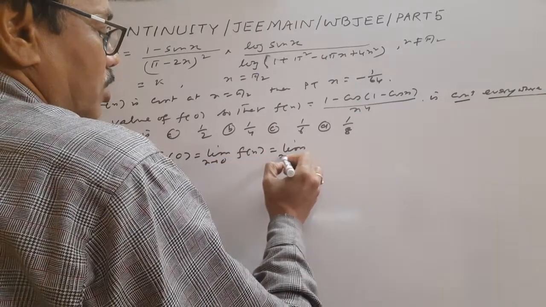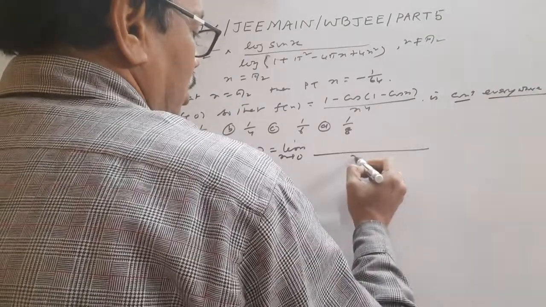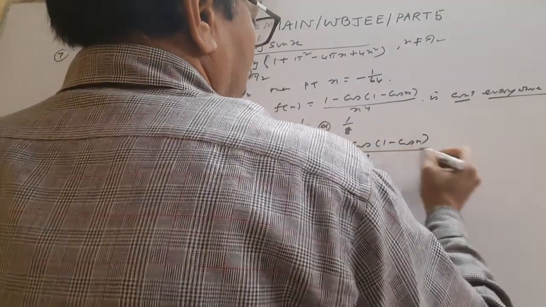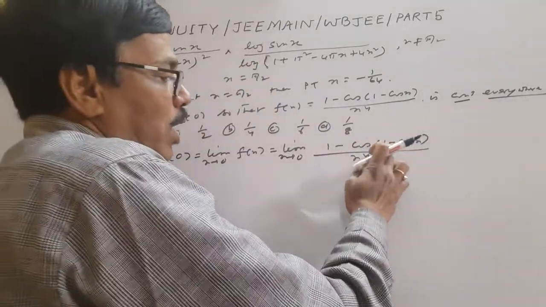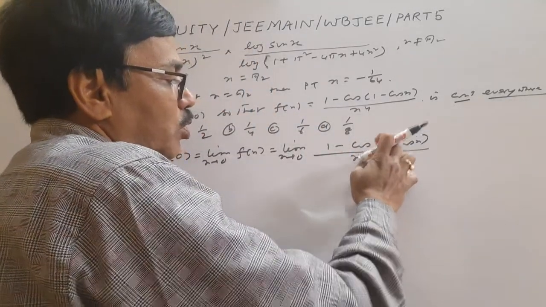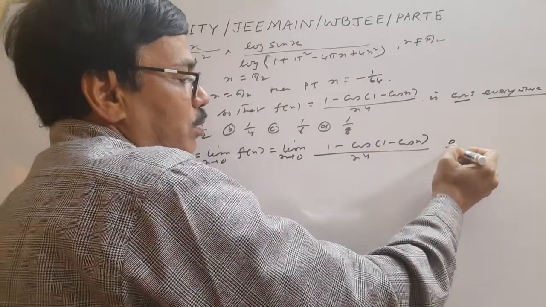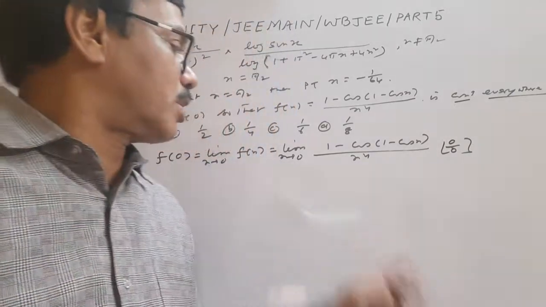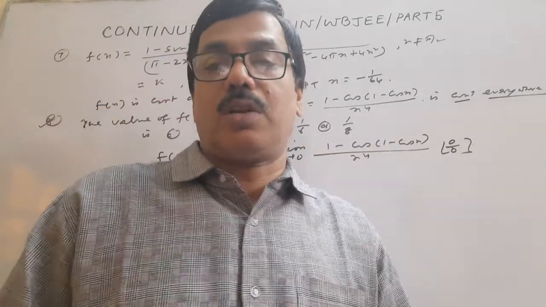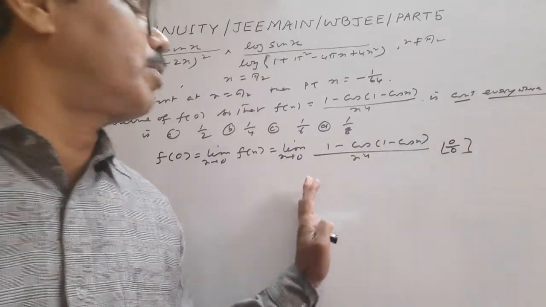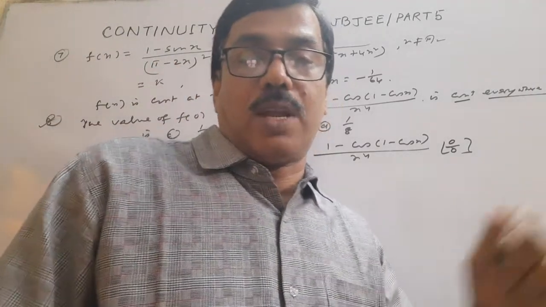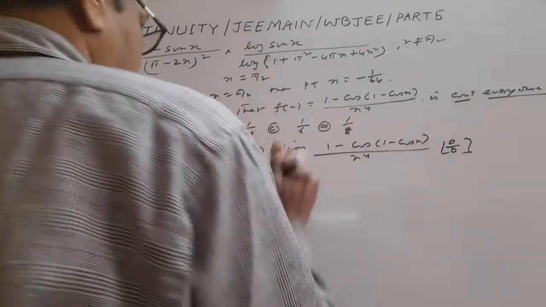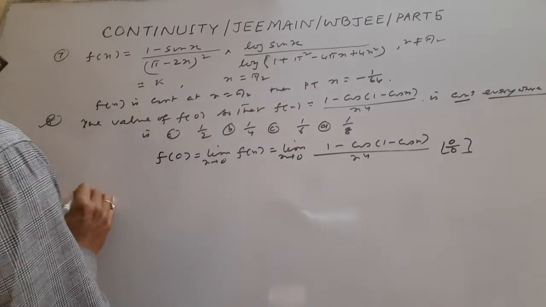So this is (1 minus cos(1 minus cos x)) by x to the power 4. Now cos 0 is 1, so 1 minus 1 is 0, a 0 by 0 form. But look, since the denominator is x to the power 4, if you use L'Hospital rule, you have to perform it up to 4 times. That is why we avoid it at the beginning. So write f(0) equals